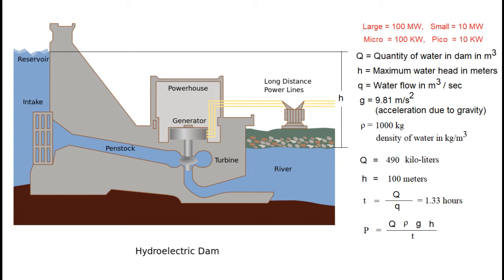When the water content in the reservoir depends upon rain, naturally both of these values, that is, water stored in the reservoir and water head, change with the period of time in a year. At the end of the rainy season, the reservoir must have been full of water if satisfactory rainfall occurs.